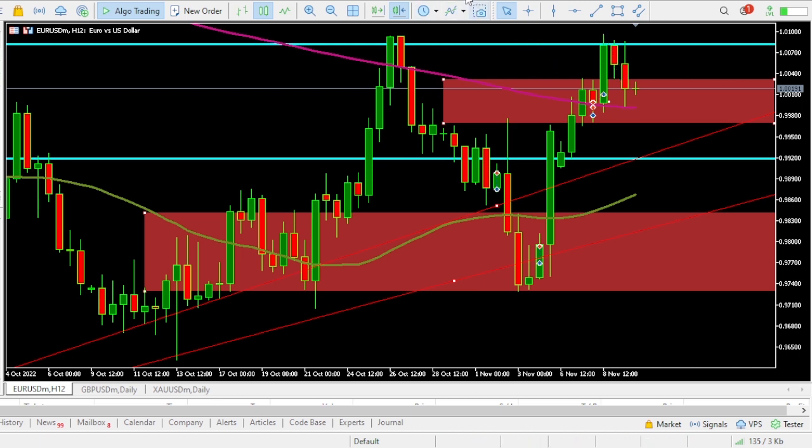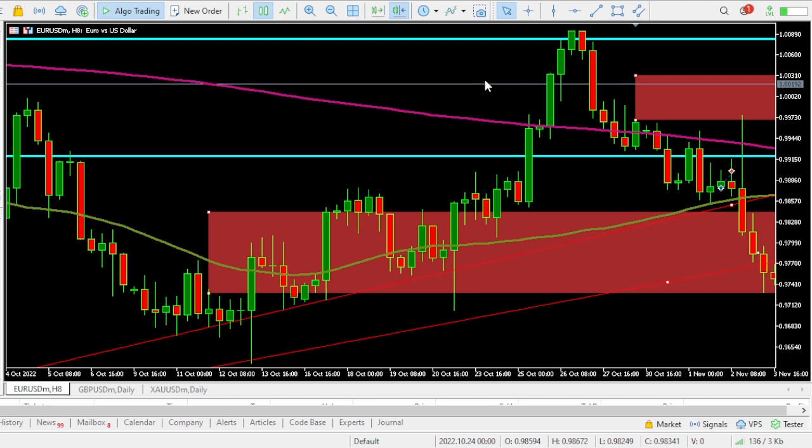So let's keep going, whereas we have seen two different lines that this thing has broken through, moving average lines. So let's move to the 8 hours and see what we can find there. So now on the 8 hours,